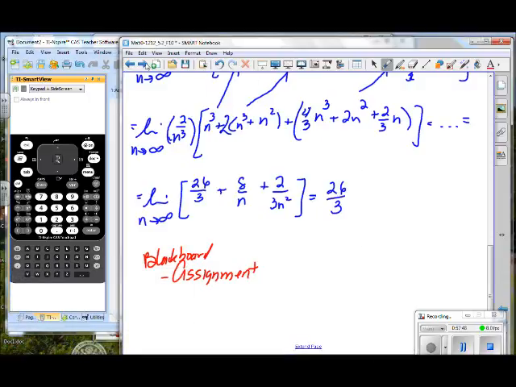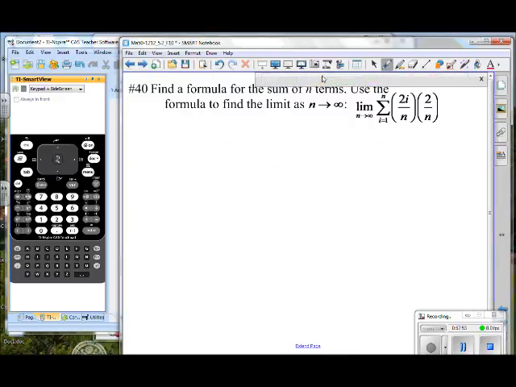Okay, let's continue on to the next problem. Find a formula for the sum of n terms using this information. The limit as n goes to infinity, summation of i going from 1 to n, 2i divided by n times 2n. Again, keep in mind, i is the thing we're trying to sum. Anything else in here is a constant. So we can rewrite this as the limit as n goes to infinity,